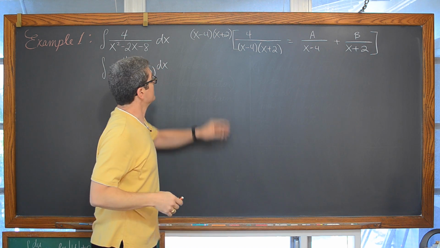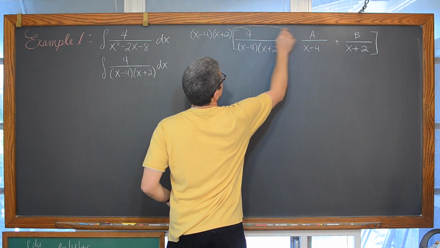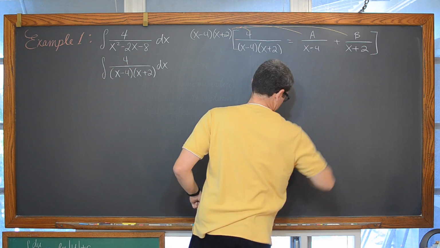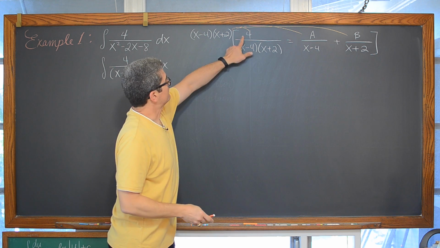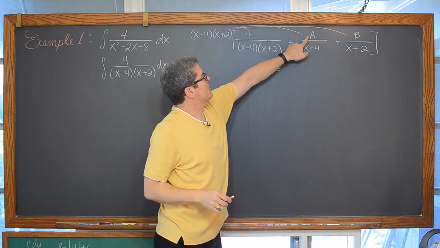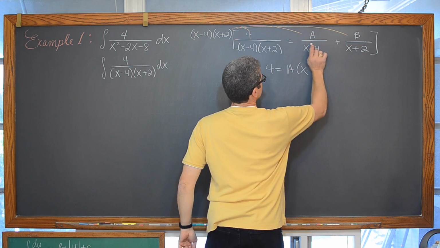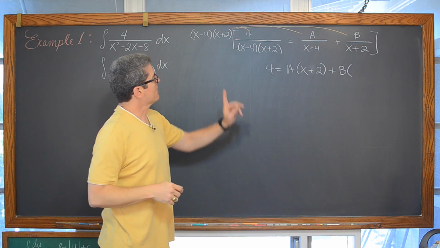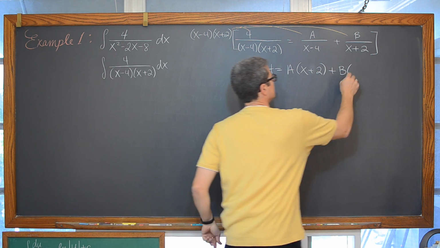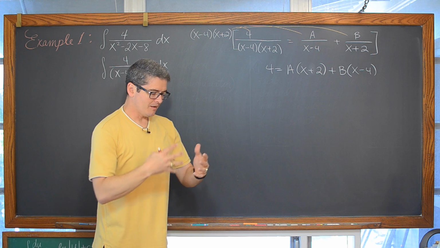and x plus 2. And distributing this through our equation, we get 4 is equal to, when we multiply this to a, the x minus 4, of course, is going to cancel out. And now our x plus 2 is going to cancel out. And at this point,